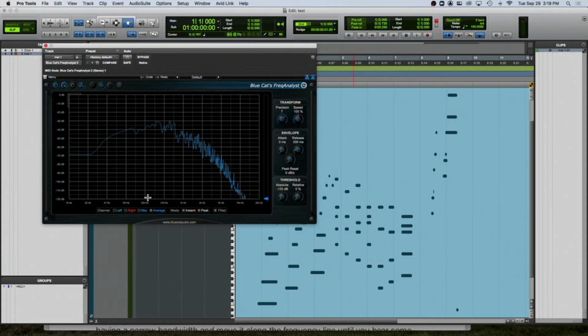So the lower the graph, the softer. The higher the graph, the louder. So you see that most of the action is happening in this area here, and then you could see the